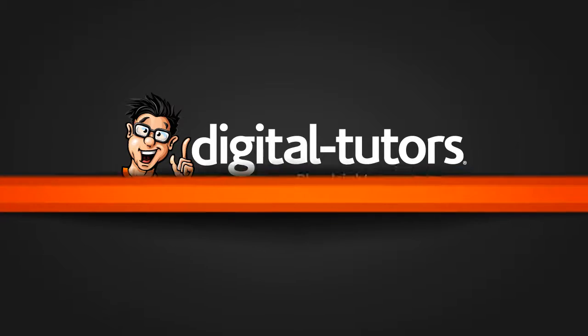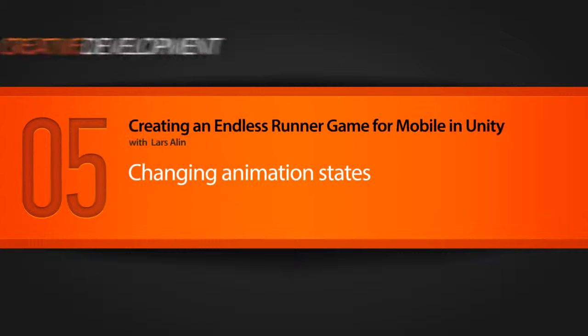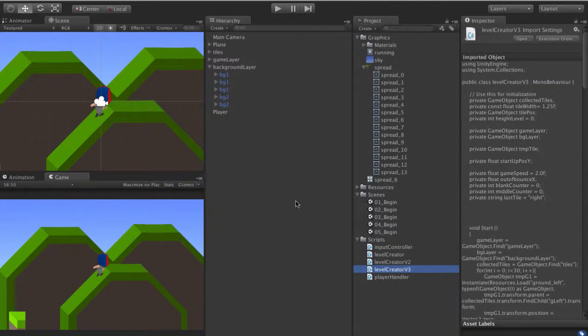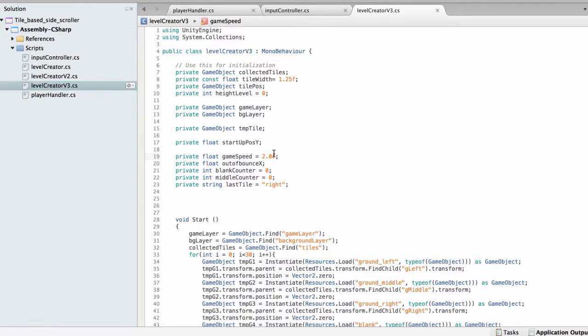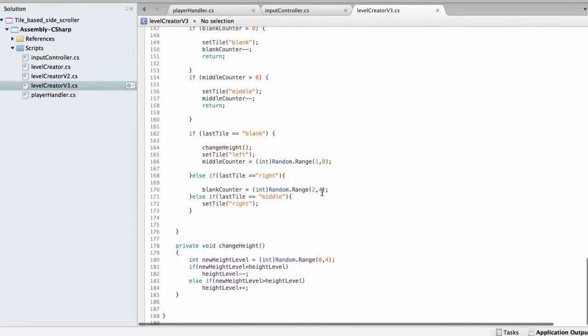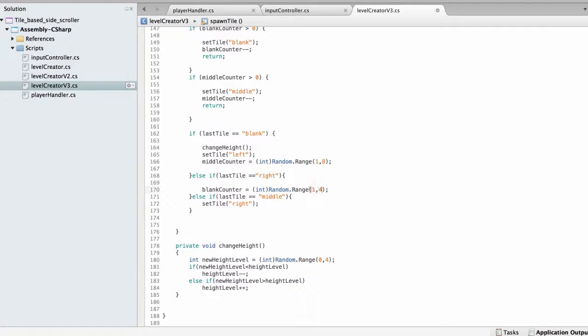In this lesson, we're going to finish up our jump loop, and we're going to add a couple of animations between the running and jump mode, and we're also going to address a couple of gameplay changes. So let's get into the gameplay changes right away. I'm going to change the game speed here, amp it up to 4 for the initial speed. We also need to shorten the leap between the platforms, so we're going to change the range here from 1 to 3 instead of 2 to 4,